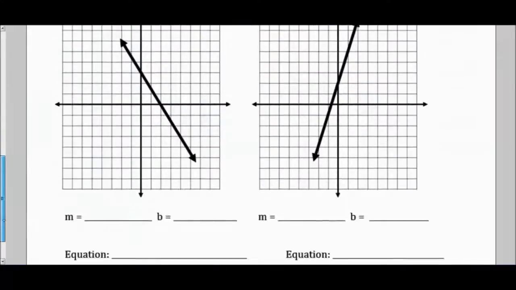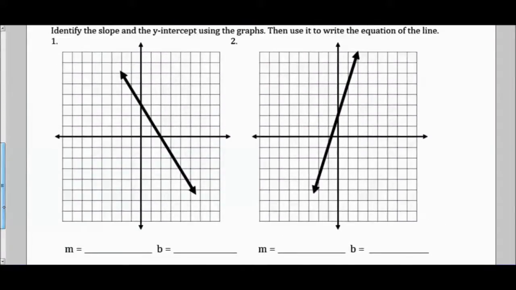All right, so first thing we're going to do here, just find the slope. I'm going to pick out any 2 points on this line. I'm going to make my life as easy as possible by using points that are not decimals. I want to make sure they're on the grid line. So I'm going to look at this point, and I could also use this point. All right, so my rise over run